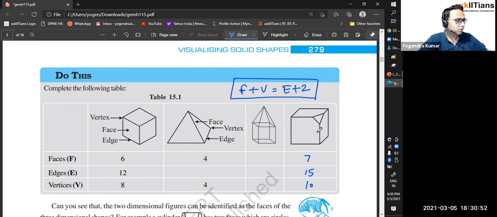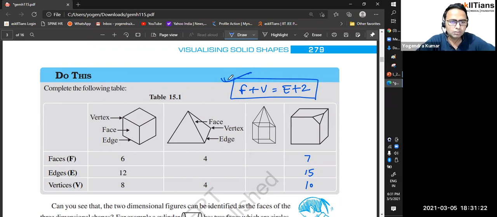Like if you have a box in front of you, you should be able to say what the shape is and how many faces are there, like top and bottom faces. We talk about the cuboid and plane shapes, not the curved ones, which we don't count here. So this rule is applicable for plane shapes only. Likewise, you can apply the formula on all these. You can see here 6 plus 8 is 14, and 12 plus 2 is